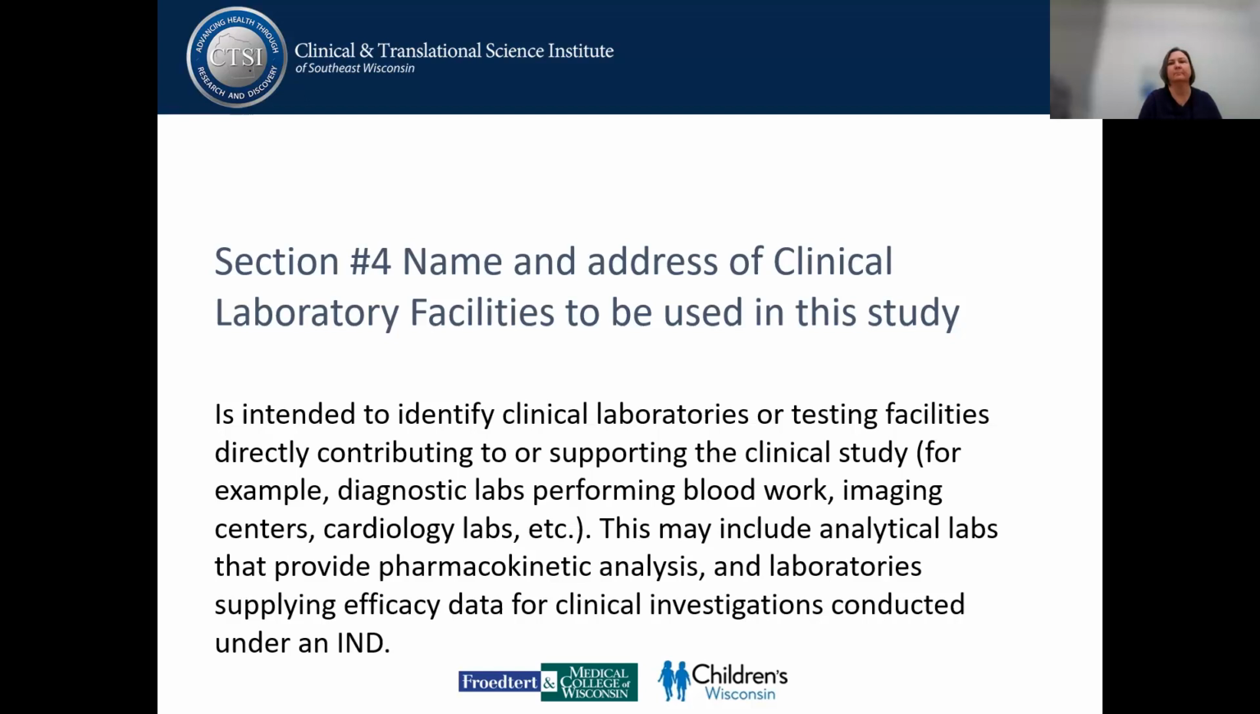And likewise with some of the other diagnostic labs, if you're partnering in a study on campus here with a research lab in the medical college, for instance, that's doing basic science research, that would be a good example of one of these additional research labs to put in section 4 here. Just as a reminder for section 4,